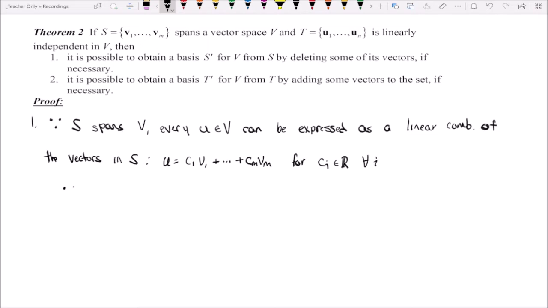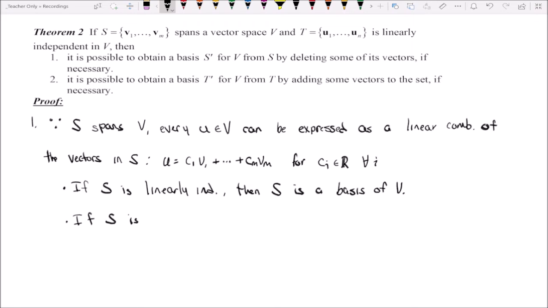Now, we have a couple possibilities. S can be linearly independent. If that's the case, so if S is already linearly independent, then S is already a basis. And we're done. Second possibility is S is dependent. Then we know that either V1 is 0, in which case we just eliminate it,